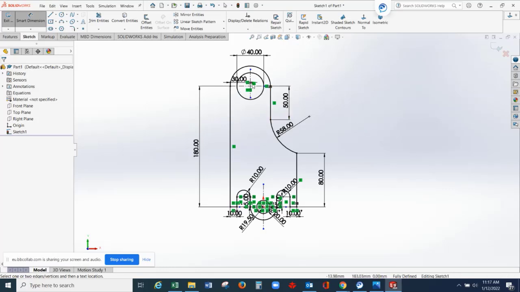So for example here, all the drawings, or the lines, are turned to black. Now on the status bar below your SolidWorks, you can identify here that our drawing is fully defined. Okay, you can read it here, fully defined. All drawings are turned into black.